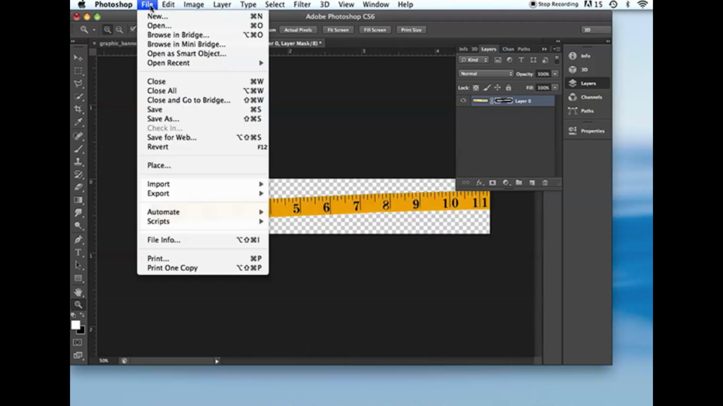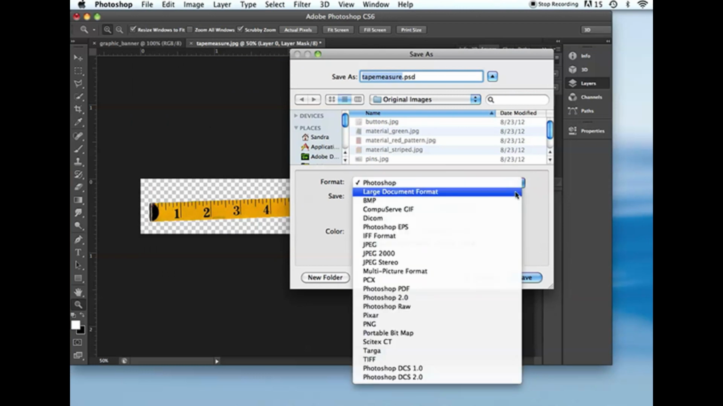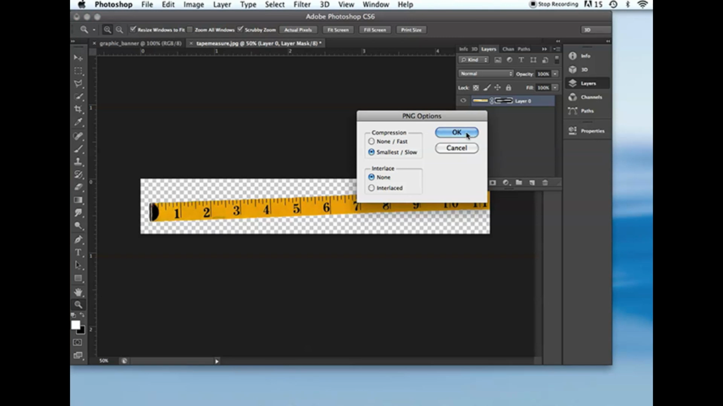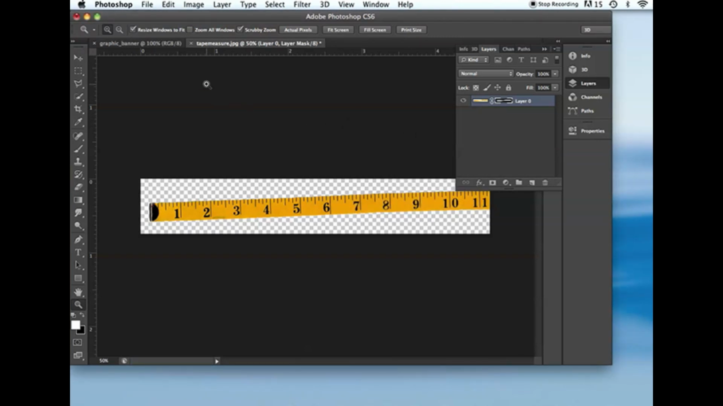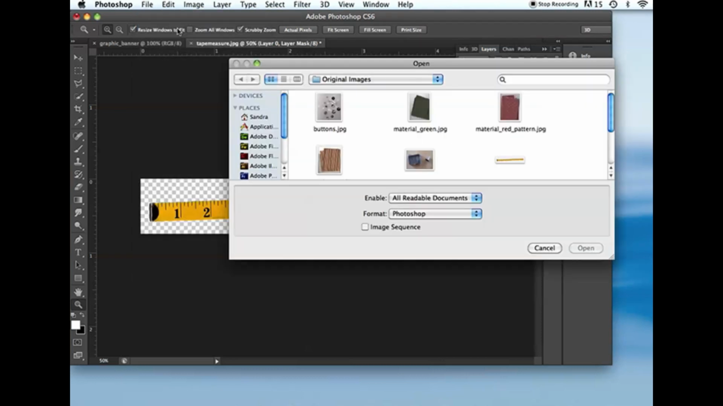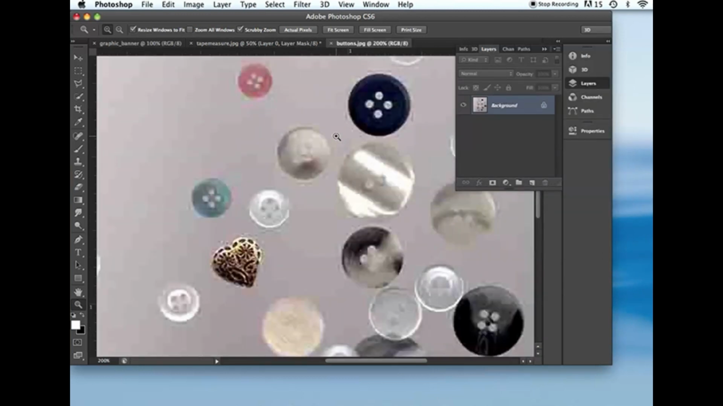I want to save this file. I'll choose File, Save As, and I want to save it as a PNG. Click Save. I'm going to keep the default settings. Click OK. I want to choose File, Open, and navigate to my buttons image. Click Open. I want to show you how to use the Quick Selection tool